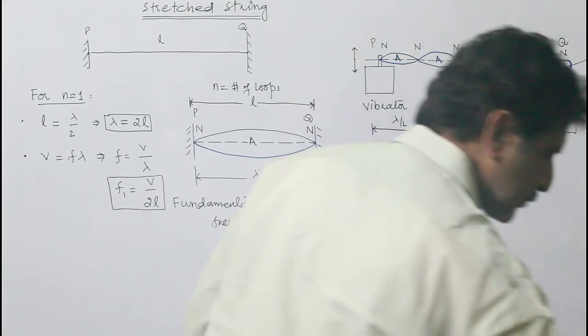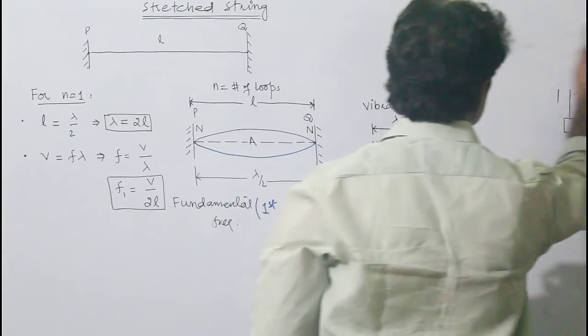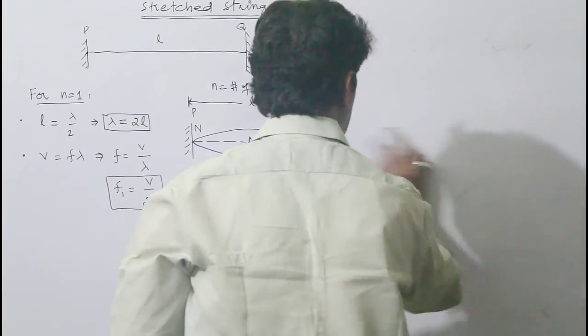Now we will generate two loops in this string, and to generate the two loops